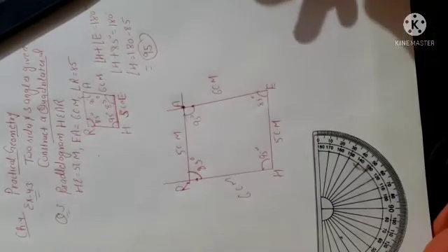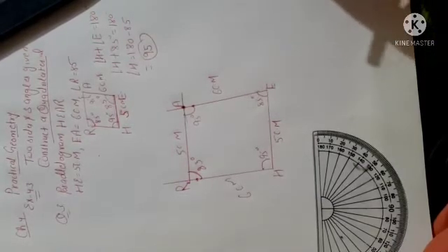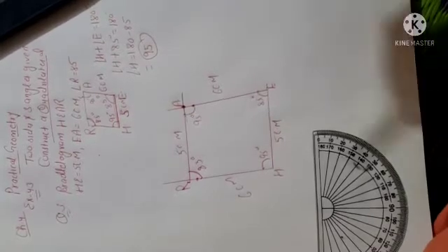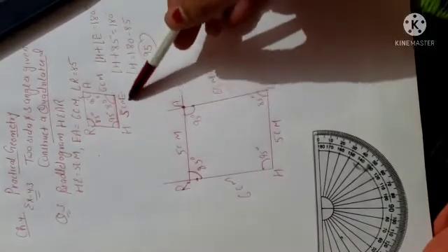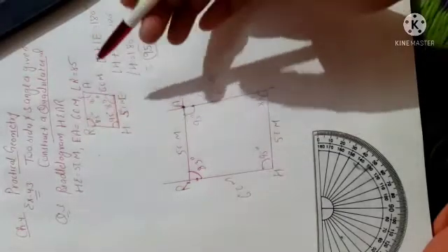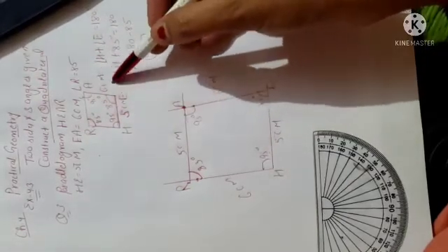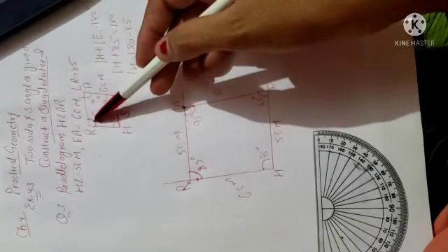So first step, simply you will draw the parallelogram whatever is given in your question. So here it is given a parallelogram HEAR, where HE is 5 cm, EA is 6 cm, angle R is 85 degree. Clear? So here first of all you will draw the parallelogram HEAR, a rough diagram like that. Now you can write the sides. HE is given 5 cm, EA is given 6 cm, and angle R is given 85 degree.